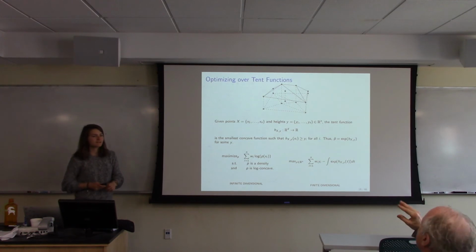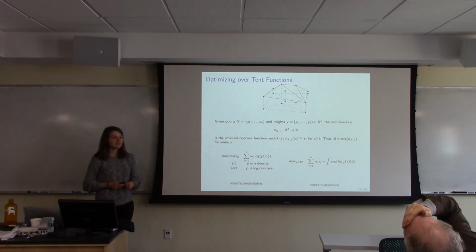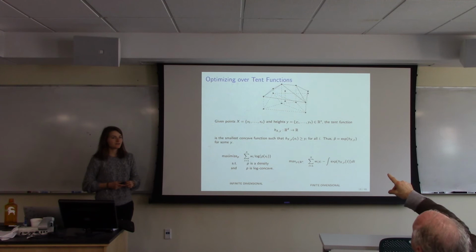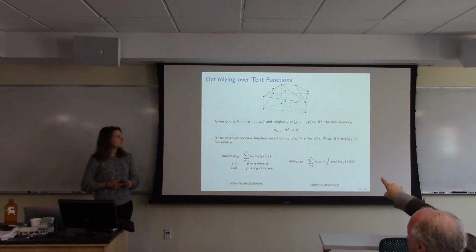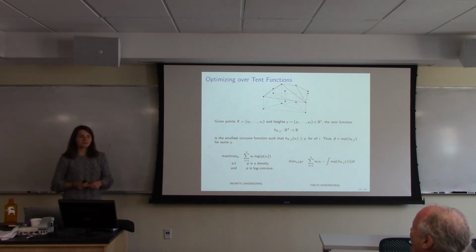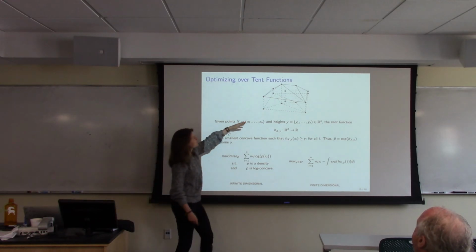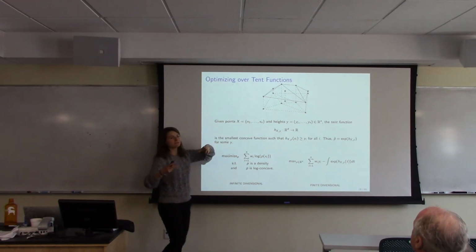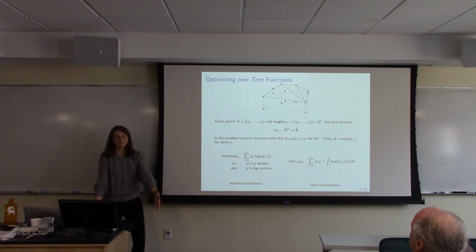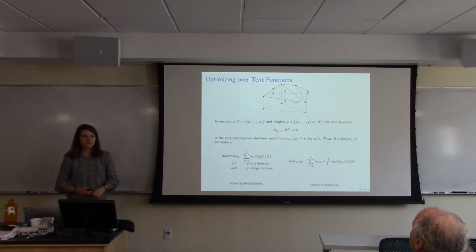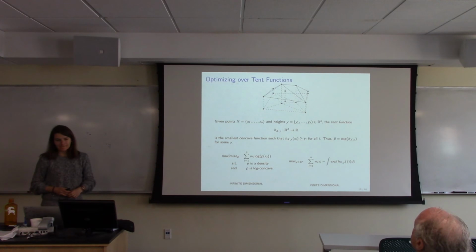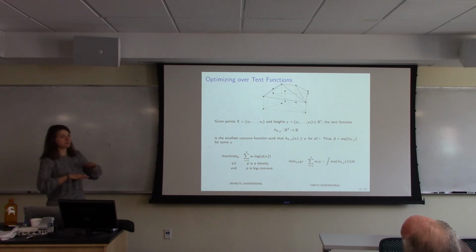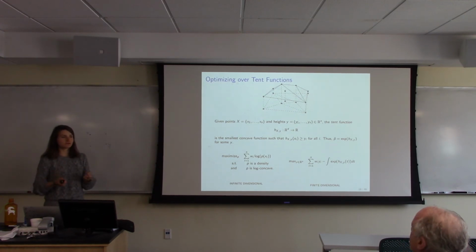Sorry, just one thing I'm missing, which is that if you have one of these tent functions, doesn't it go negative? Oh, so this is the log of the function that you're talking about? Never mind, the tent function is the log. I was worried about it going negative. Yeah, so actually, the tent function is minus infinity outside the convex hull. You can imagine that the tarp goes down. Gotcha. Because then when you take exp, it becomes 0. So the support is just the convex hull.